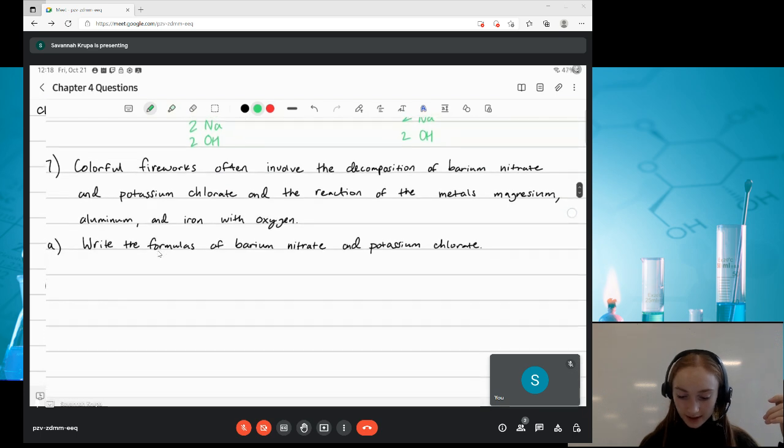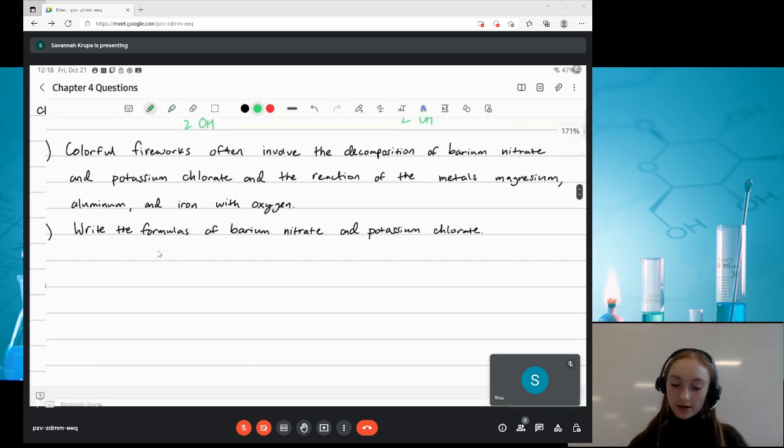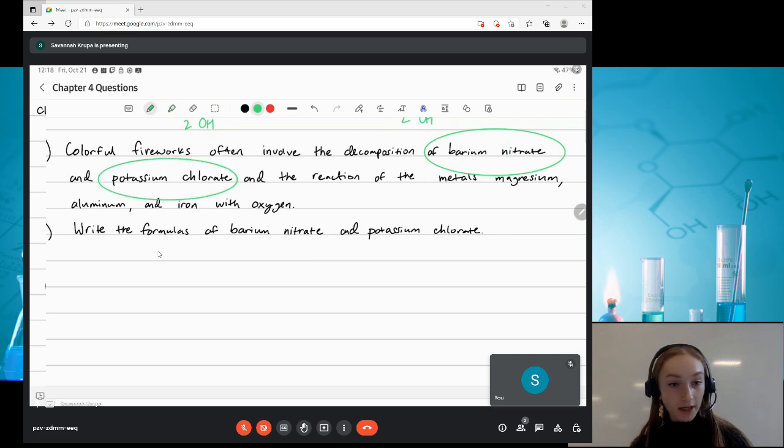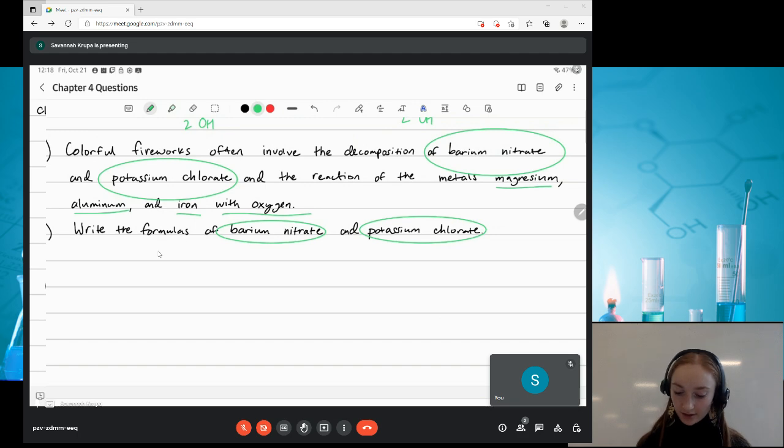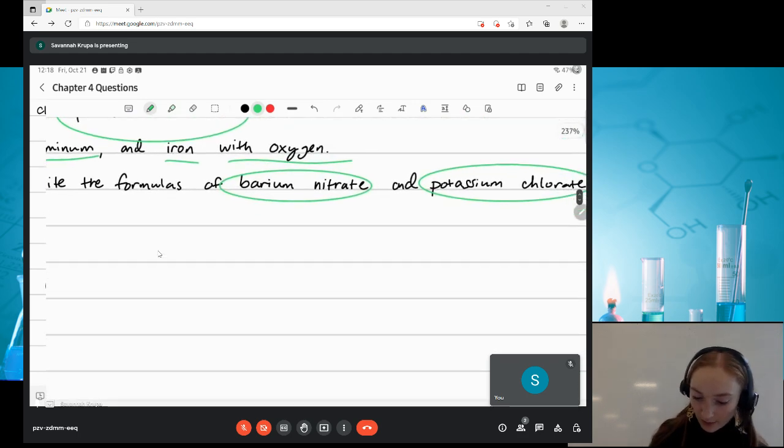So 7 says, colorful fireworks often involve the decomposition of barium nitrate, so we have barium nitrate, and potassium chlorate. Chlorate is a polyatomic ion. And the reaction of the metals, magnesium, aluminum, and iron with oxygen. So the first thing that we're going to start off with is write the formulas of barium nitrate and potassium chlorate. Okay, so we have barium, so that's Ba,